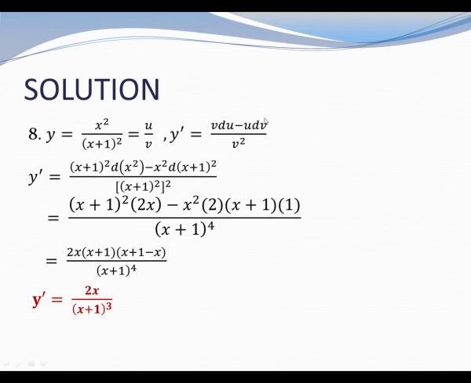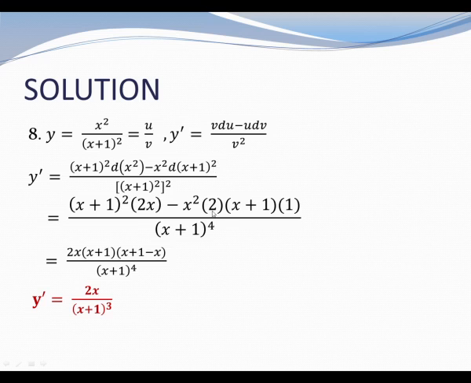And then applying the formula, so then this is now the square of the denominator, so this is x plus 1 raised to square, then raise another square. And then in the numerator part, the denominator, x plus 1 raised to square, times derivative of the numerator x squared, minus the numerator x squared times the derivative of the denominator, x plus 1 raised to square. And then getting the derivative of x squared by power derivative, and this is 2x. On the other hand, derivative of x plus 1 raised to square is by power derivative also, so we have